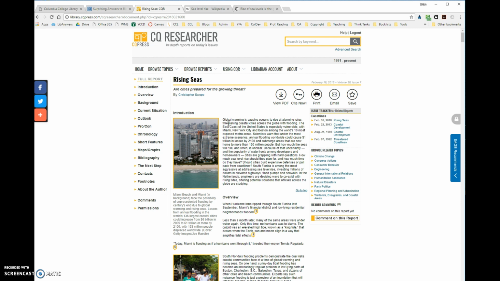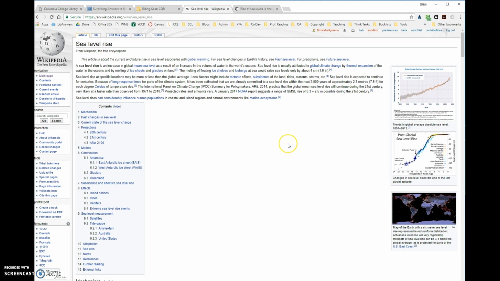So those are a few different sources that you might come across, and a few different things to think about in terms of determining how credible they are and what types of source they are. There's one more I want to point out, because I know a lot of people encounter this, and this is Wikipedia. Wikipedia is a website that you'll encounter when you're on the internet. It shows up for almost any search you do, because it's a huge online encyclopedia.